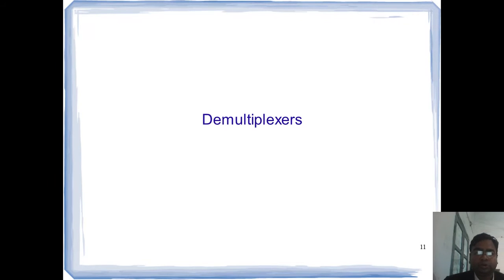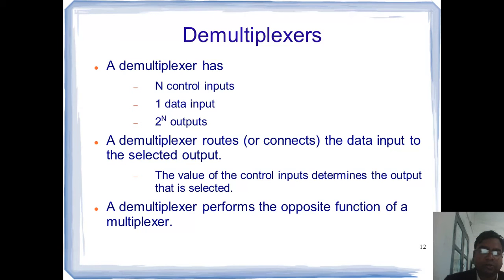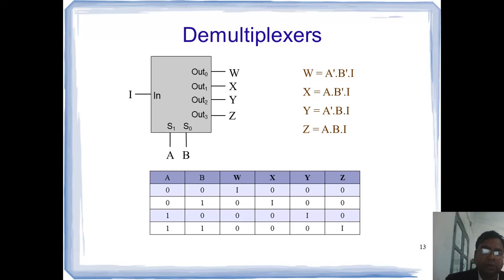Similarly, we have the demultiplexer, which is just the reverse of the multiplexer. We also discussed this, in which we pass one input line to many output lines, and depending upon the n control lines, we have 2 raised to power n output lines, and out of these the input is passed on to one output. This is the diagram which we explained last time. These are the 2 select lines, and we have 4 outputs, and out of these 4, only one will be enabled and all others will be disabled. So if 0, 0 is the input on the select lines, then one output will be active and the others will be inactive. So this is the demultiplexer.